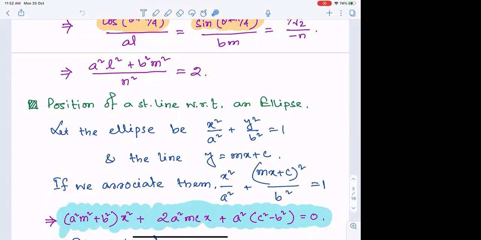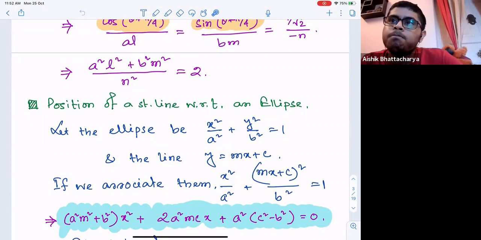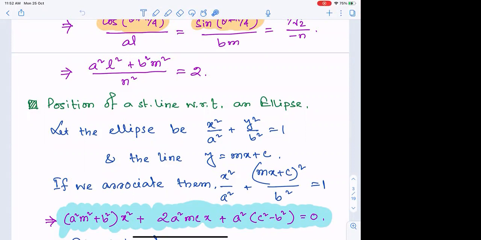As the association is quadratic, even before we proceed, we can confirm that a line with respect to an ellipse can be situated in three conventional forms: either generating a chord with the ellipse, or a tangent of the ellipse, or not coming into contact with the ellipse. So one of the three conventional positions is valid for a straight line in comparison with an ellipse. Is this conclusion clear for everyone? Yes, sir.